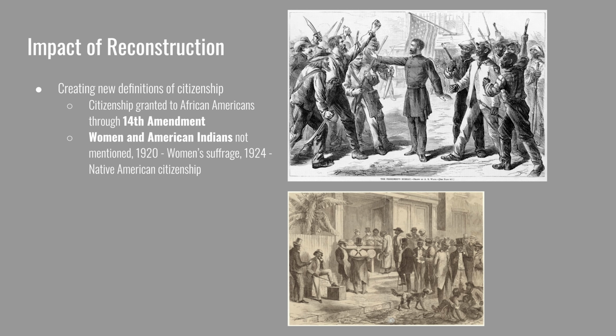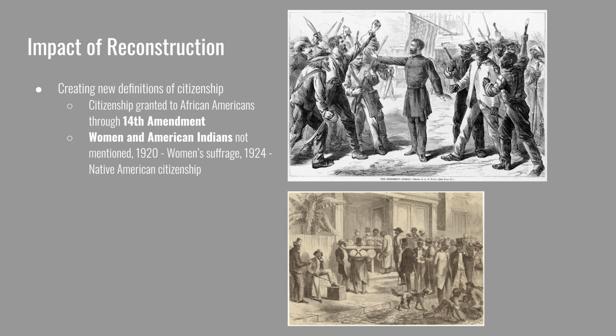Finally, the Civil War and Reconstruction resulted in a new definition of citizenship. Citizenship was granted to African Americans through the 14th Amendment. Organizations like the Freedmen's Bureau were created to transition from enslavement into a free life as citizens. Again, this impact would have ranked higher had the gains on citizenship and equality not been diminished by the Redeemer governments. The 15th Amendment also gives voting rights to African American men, but fails to extend the same rights to women or American Indians. This shows that the effect of the amendments were not definitive in answering the question of who was eligible for citizenship and what protections were due to those who were eligible.